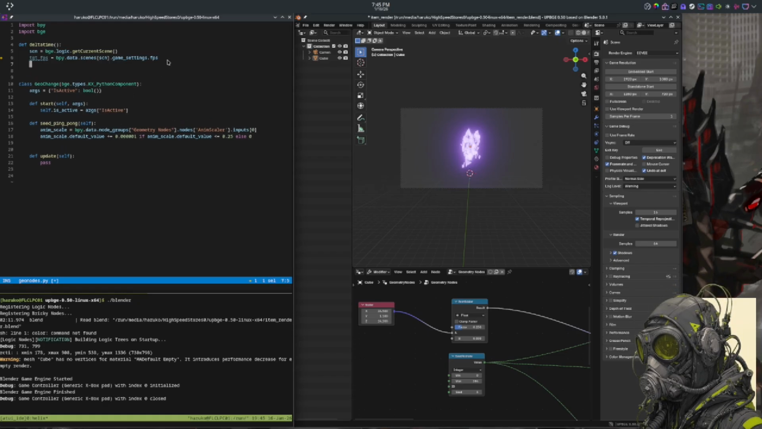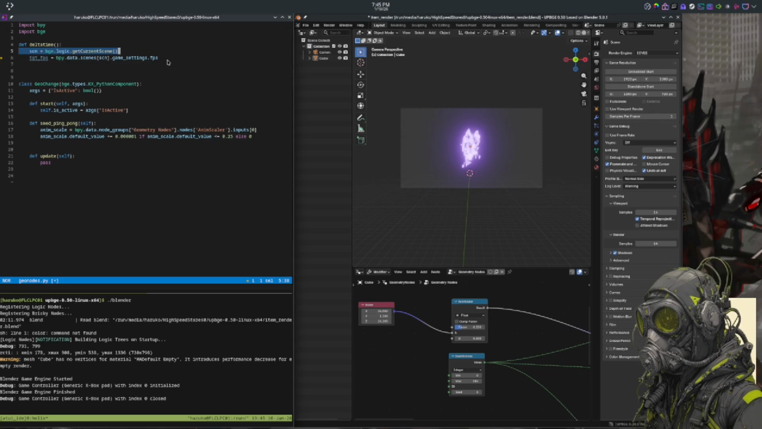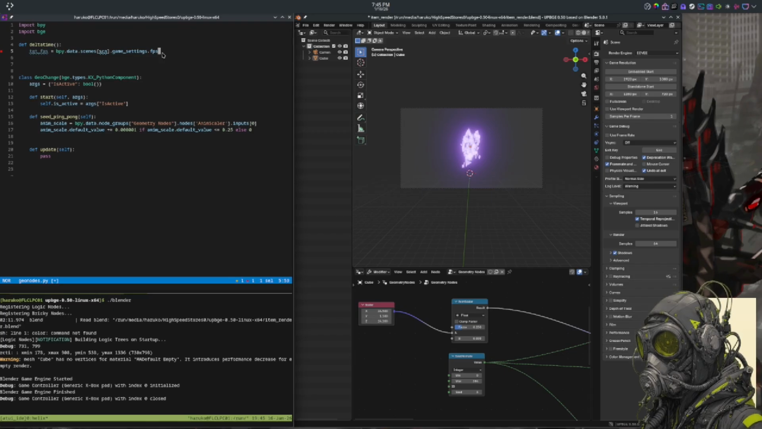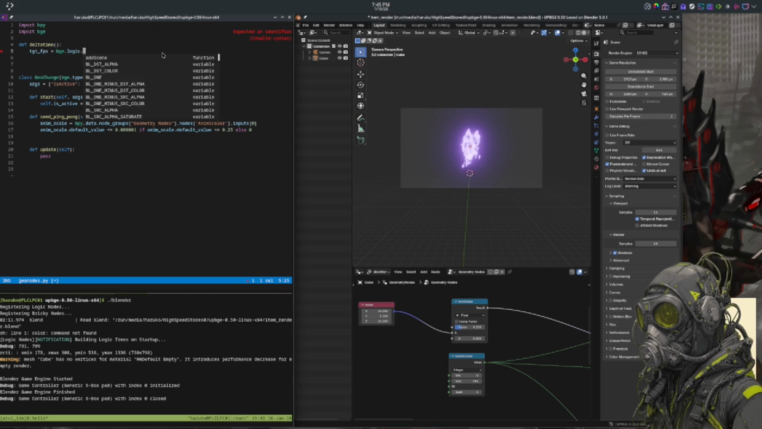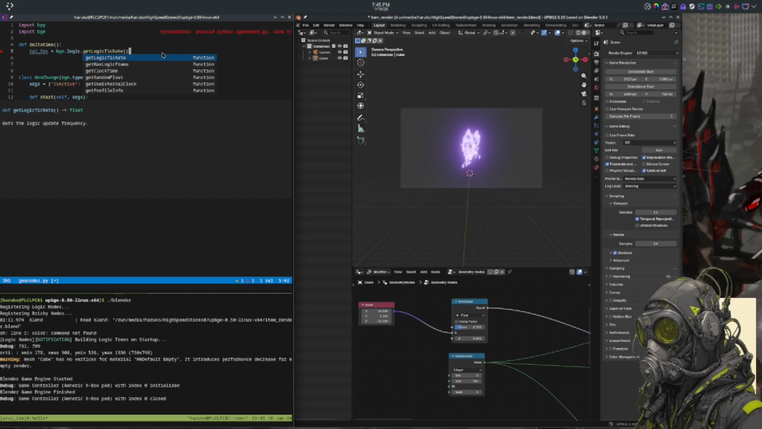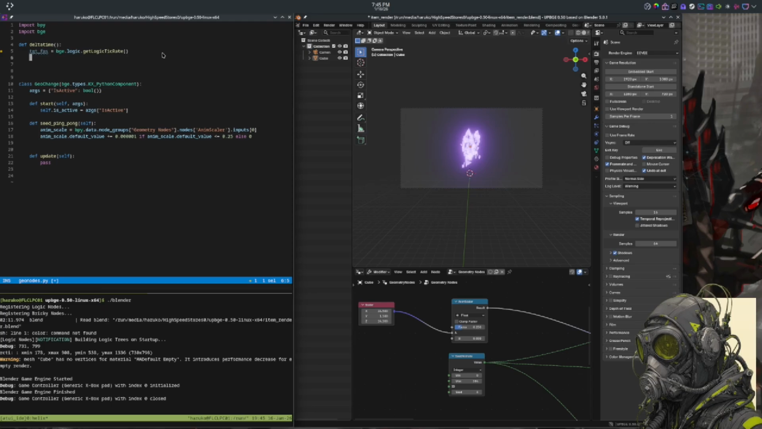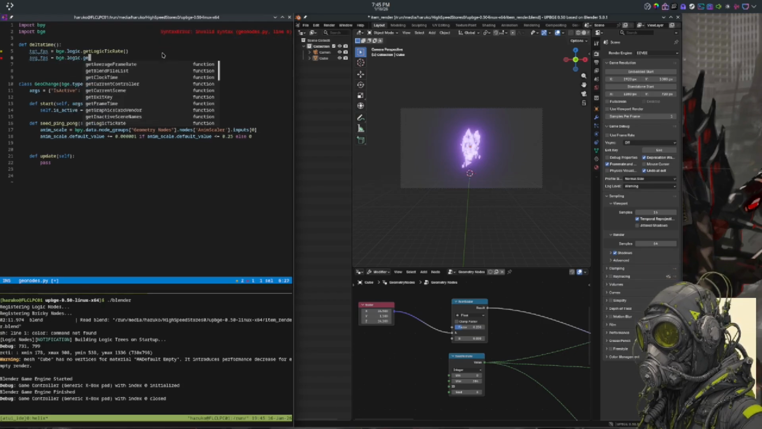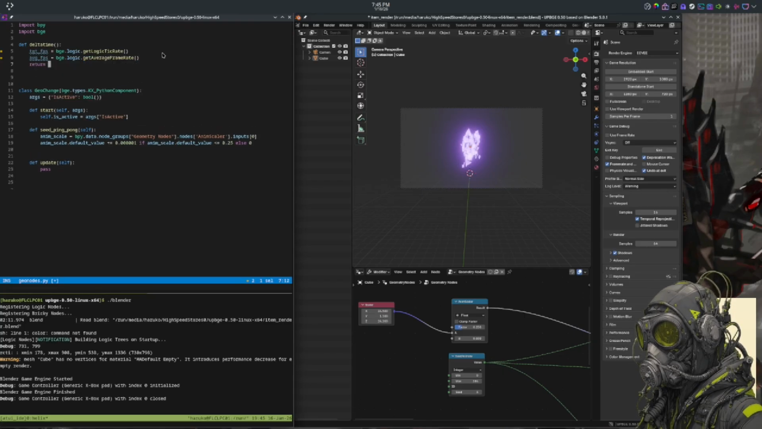So we got that, and then we don't even need that because our logic tick is also 60, so we could do this instead. So let's do target FPS as our logic tick. So we could do bge.logic.get logic tick rate, and then our average FPS is equal to bge.logic.get average frame rate, and then delta time is going to return